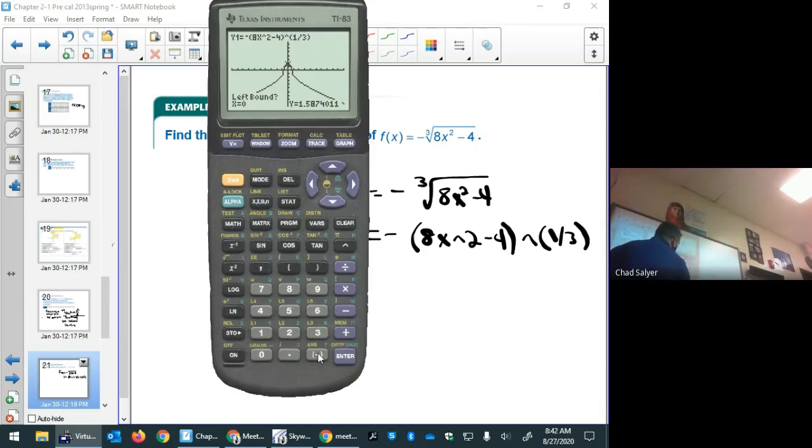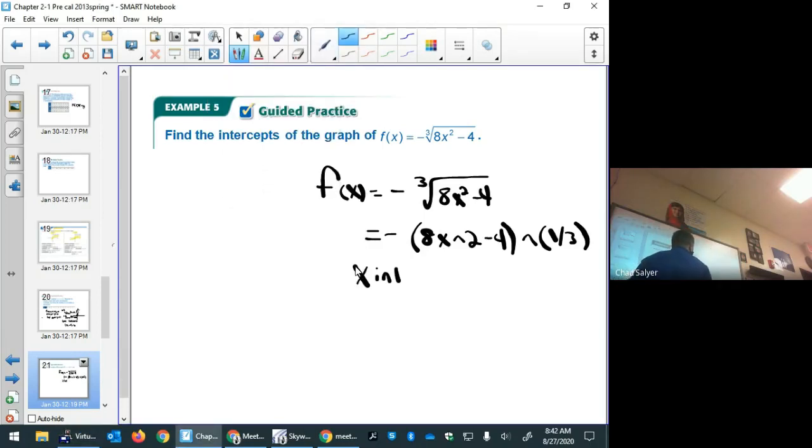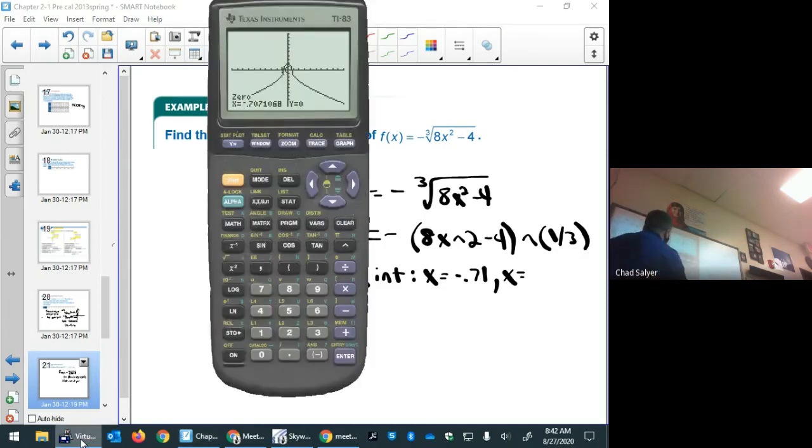So left bound, -1 appears to be to the left of that 0. And I don't know, negative like 0.2. And then here, guess is a little more important than it was before, because it's going to take your calculator a long time to find this if you don't guess fairly close to it. It's taking a pretty good amount of time here. So about -0.71, which is about the square root of 2 over 2. And then the second one, it's probably about positive 0.71. That looks symmetric to me. We'll just hit the trace and